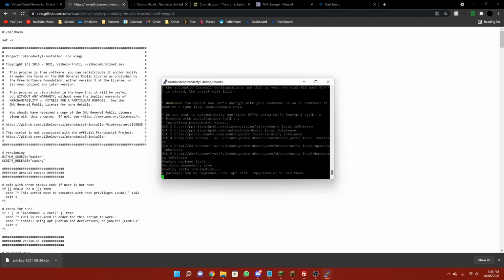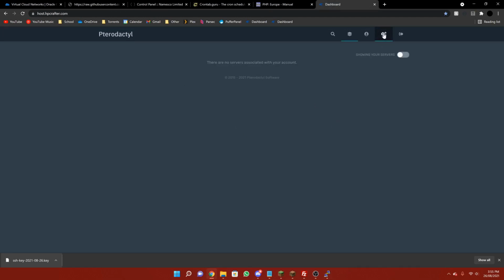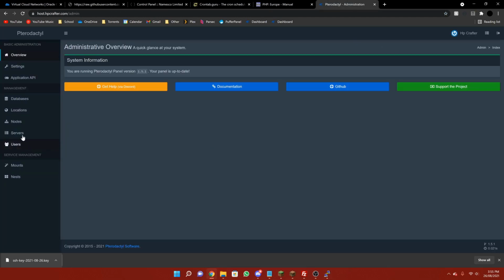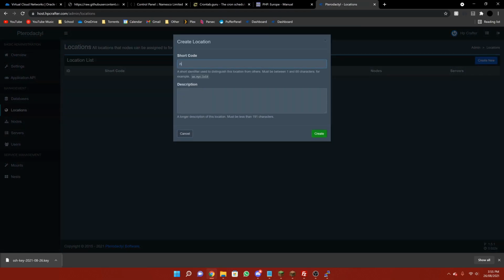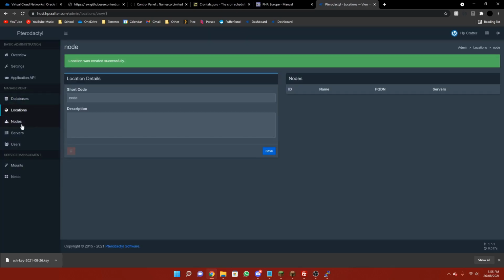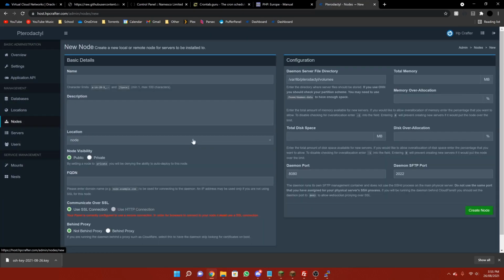Yes. Now, while it's doing that, we're going to want to come back on here and click on the 3 cogs. Then click on locations, create new, call it node, and hit create. Then come into nodes, create new, name, main, location, make sure it's on node, node visibility, public or private, just